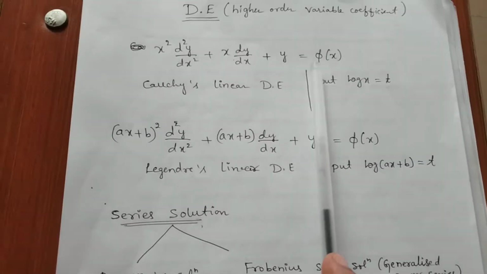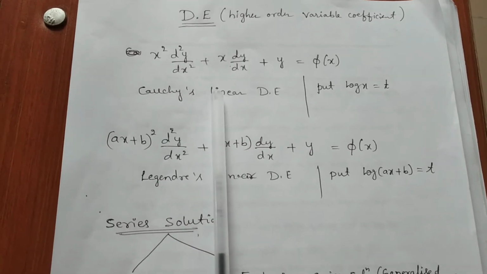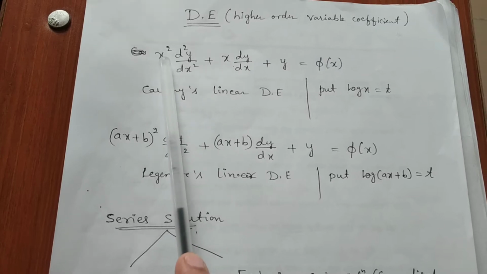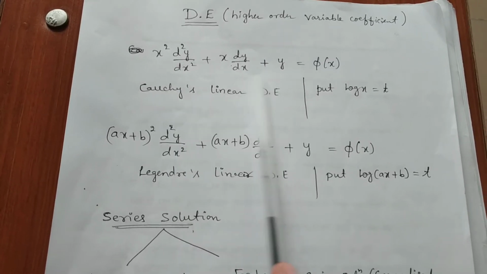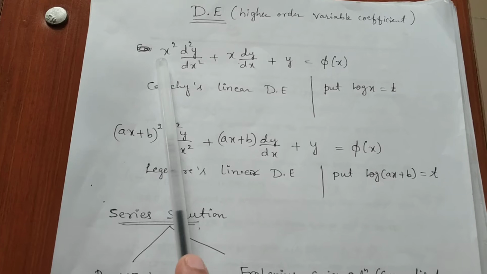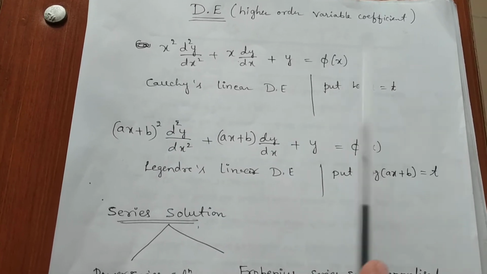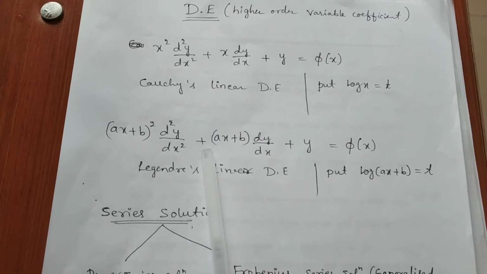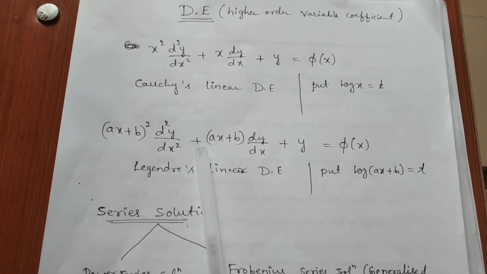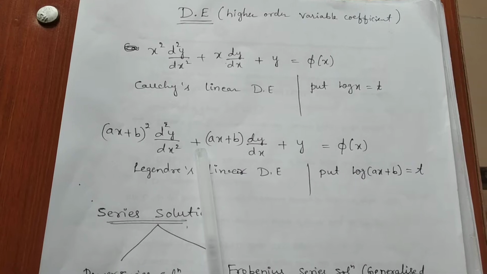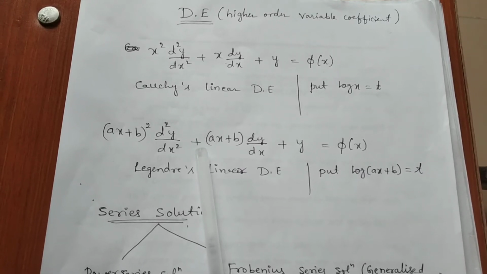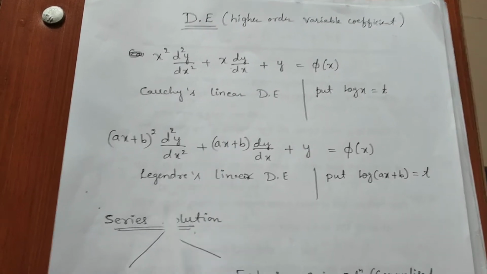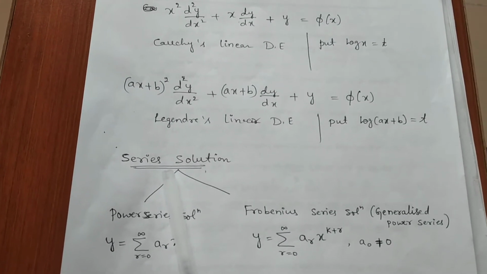Now these are a few examples of variable coefficient differential equations. Suppose you have a variable along with the derivative, it is called a variable coefficient. Coefficients are variables here. Therefore, variable coefficient differential equation. In the last semester you studied these two differential equations. Now in this semester, in module 4 special functions, we are again studying the same differential equations, but those are called special functions.